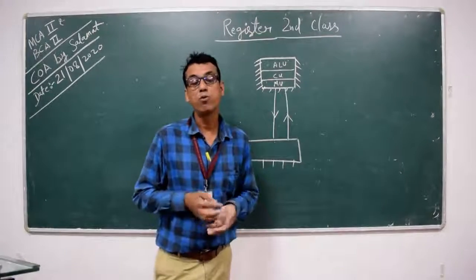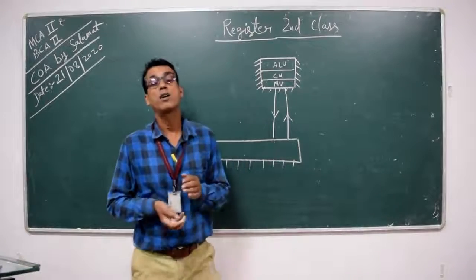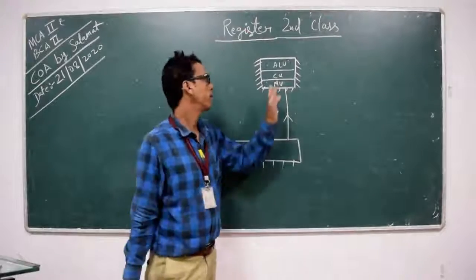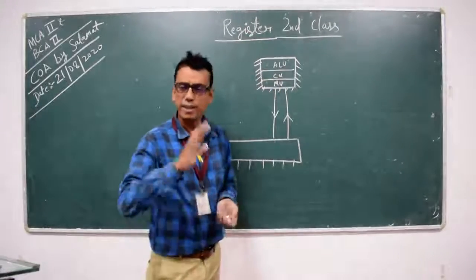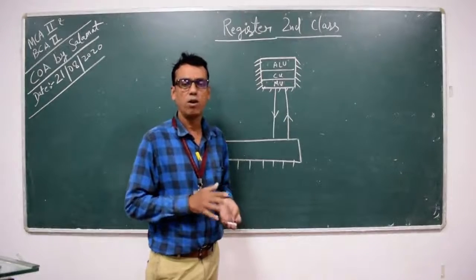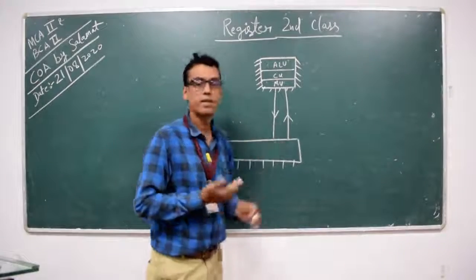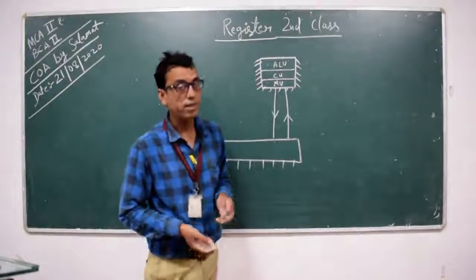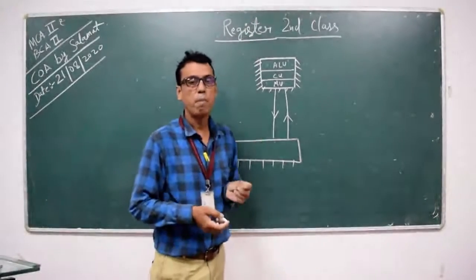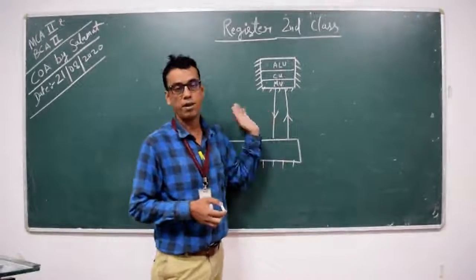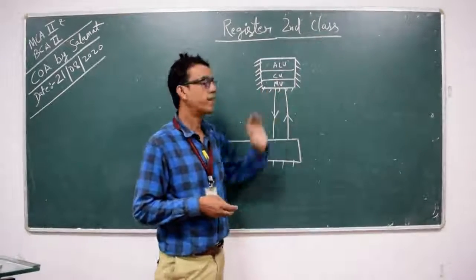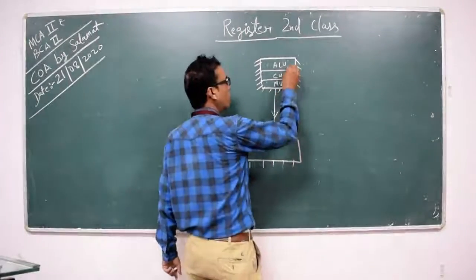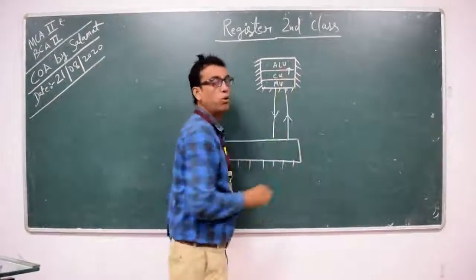Now we have CU. What is the use of CU? CU controls the overall activity, which we have to learn in detail in a separate session. It checks whether the data sent by the main memory is correct or not, whether the instruction is properly written according to the data or not. The accuracy of the overall micro instruction is checked here, and then the instruction is allowed to go to the microprocessor's ALU to get processed.